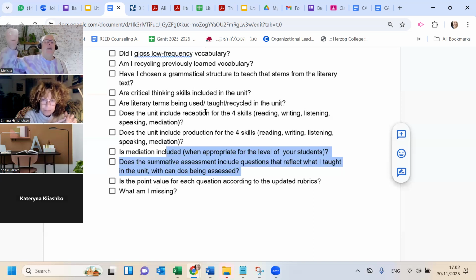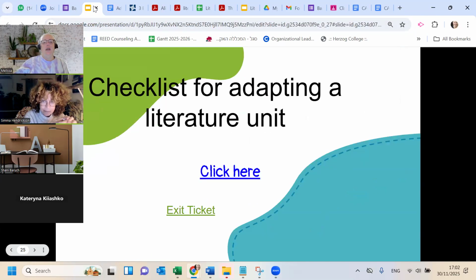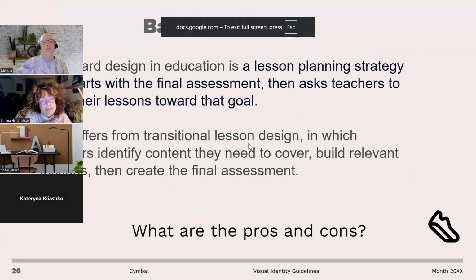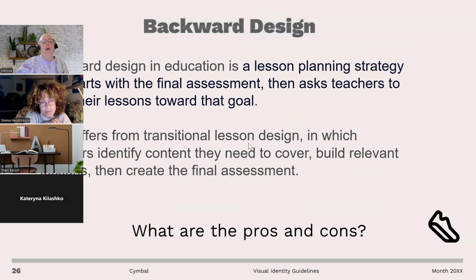What are we going to do? What's our big hurrah? And so if we think of the summative assessment as a big hurrah where our students can really show what they've learned, then we really need to make sure that they are going to be proud of what they've done. Otherwise, they're really not going to know. Okay. And that's basically what backward design is.